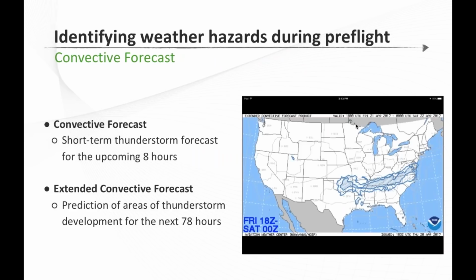From a thunderstorm planning forecast, there's a couple products in ForeFlight. One is a short term, which they call the convective forecast. This will go out to 8 hours in a given day. So this is the forecast you're going to look at. Let's say you're waking up at 8 o'clock in the morning and have a 2 o'clock in the afternoon flight, right when all the afternoon heating occurs and the instability really starts to aggravate the atmosphere. And you want to know where the areas across the US that are going to have the potential for convective